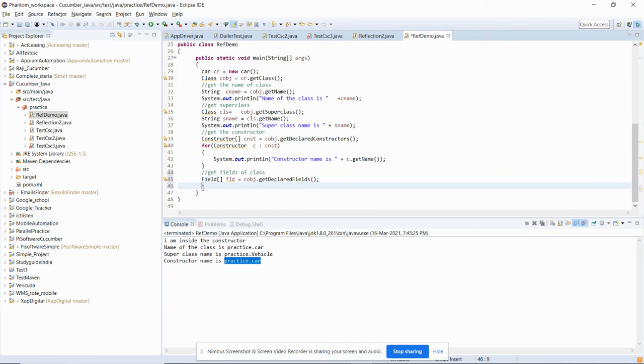Okay, so now let me create a for each loop to get the fields of each element.